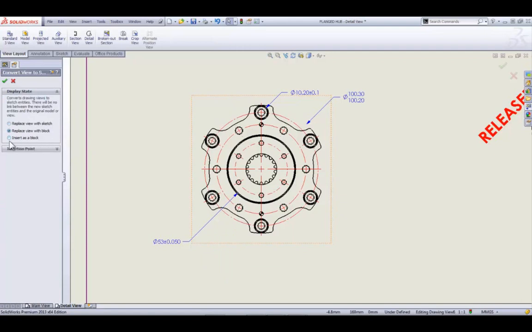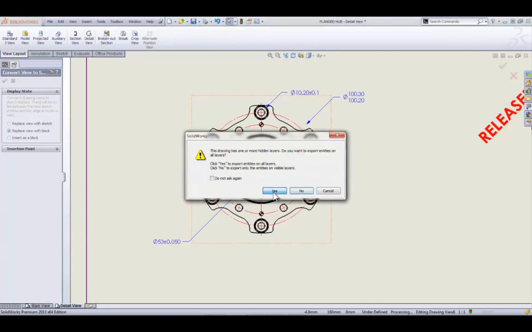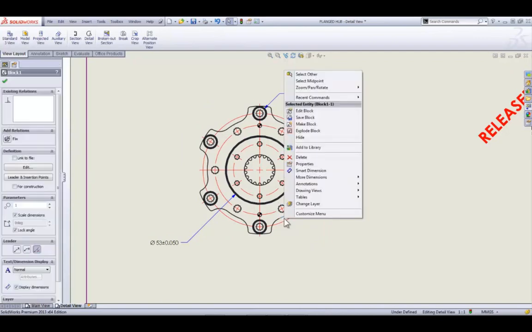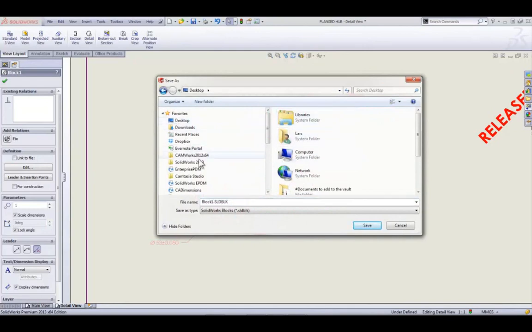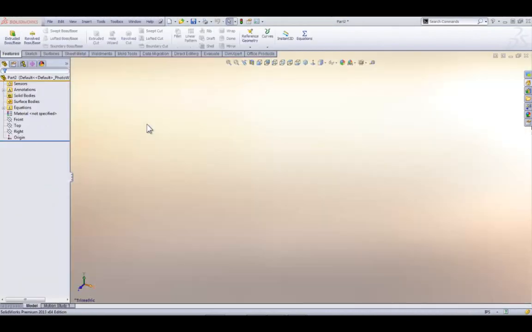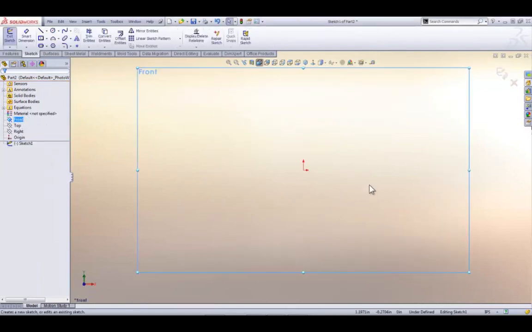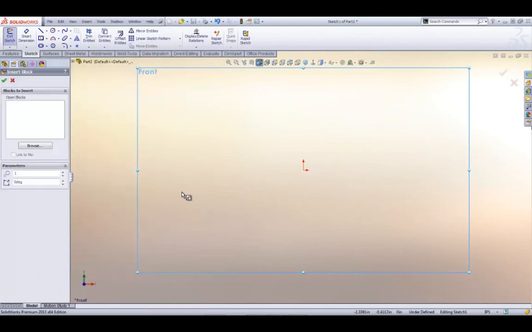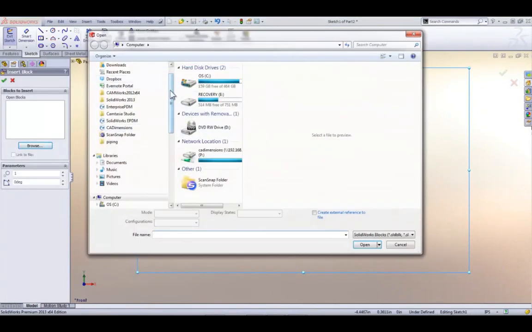Now, I think this is very interesting, because if I do that, that means my view is going to become a block. And if it's a block, I can right-click on it and save that block out. So if I say save, and I save that out to my desktop, it's block 1. Now if I open up a new part drawing here, and I open up a new sketch, well, with a block, I can go down to Blocks, say Insert Block, and now if I browse out to that block we have on our desktop,